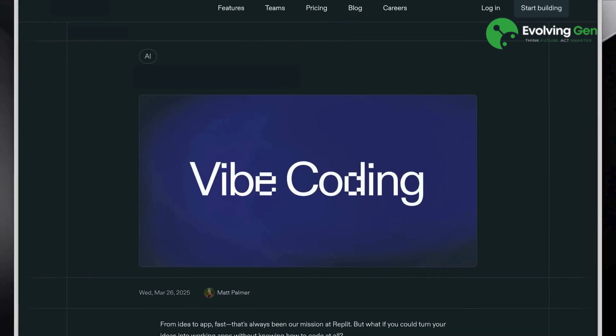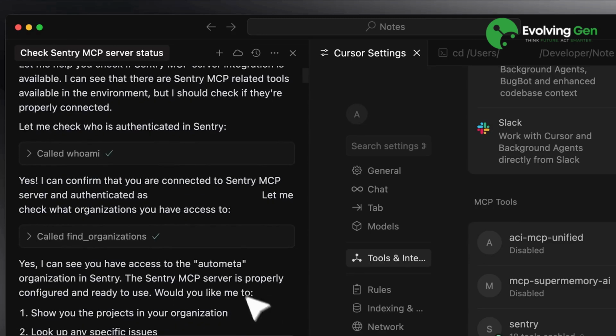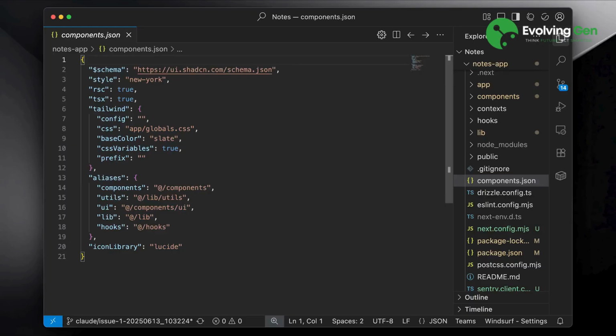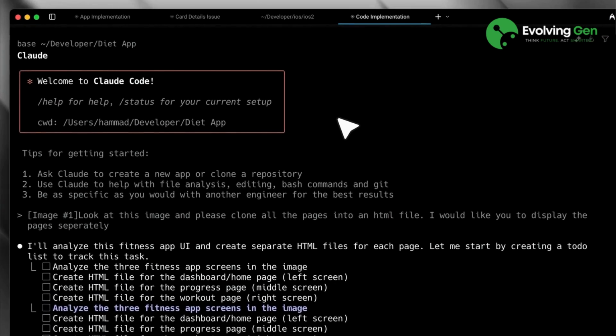Vibe coding. It's the new trend where people code without really looking at the code at all. These days, almost anyone who speaks English can do it. But vibe coding comes with a dangerous side effect, and that's vibe debugging. When you're building stuff using these new AI tools like Cursor or Claude Code, your app might seem like it's